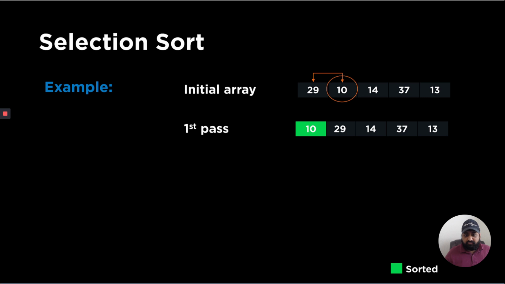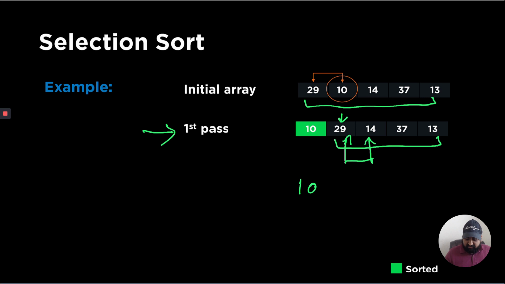Now, for those of you who are not familiar with passes, a pass technically means that you go through an array at least once. So one pass means that you have gone through all the numbers in the array once. After one pass, this is how our array will look. After the second pass, we will see what is the minimum number in the remaining elements. Out of these, 14 is the minimum. So we swap it with the second position. The next pass would look something like this, which is 10, 14, 29, 37, and 13,